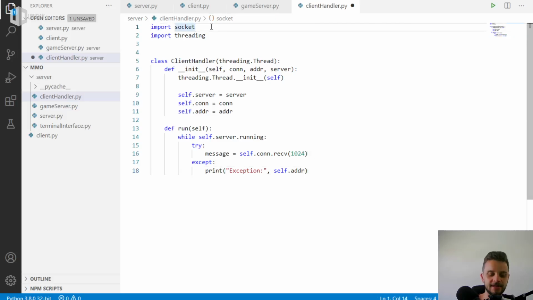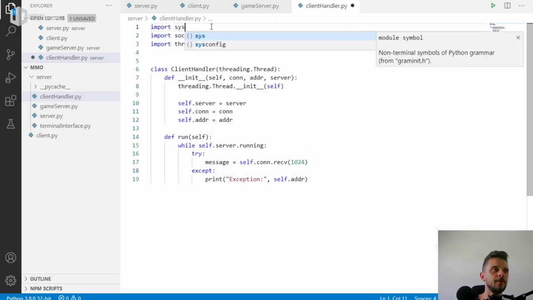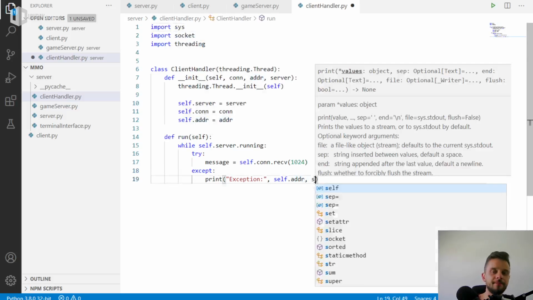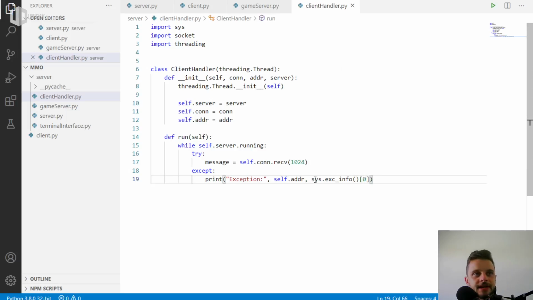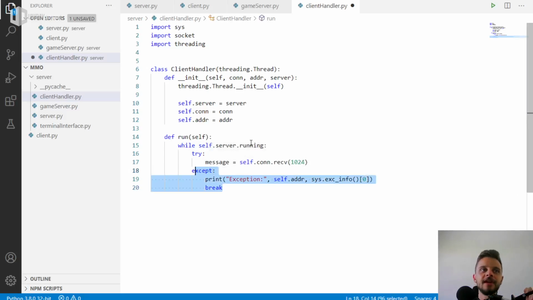And just like we did in the server, we're going to import the sys, and I'm also going to print sys.exc_info 0, just like that. So we're going to see the class here, and I'm going to break this while loop here if something wrong happens. And this is important. We may reach this exception. This is very, very important, keep that in mind. We may reach this exception even with the server running. And why? Because the client here may disconnect. That's why I'm breaking